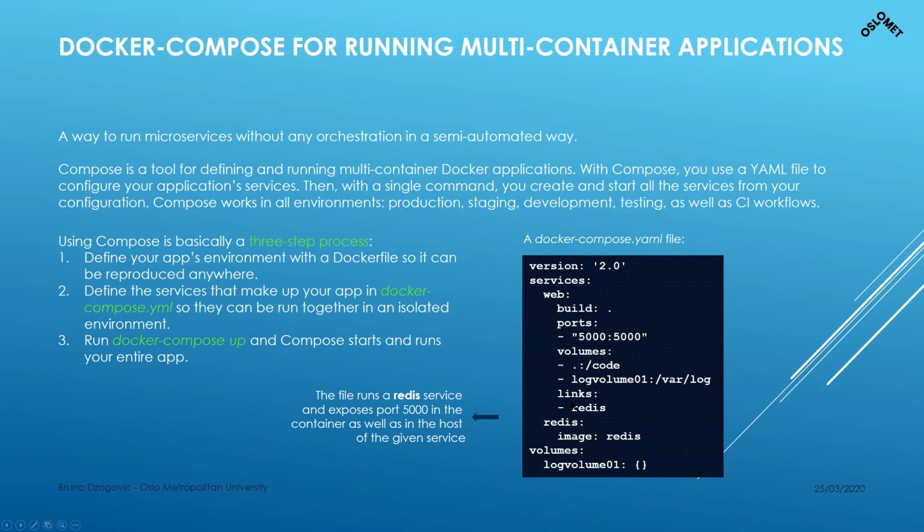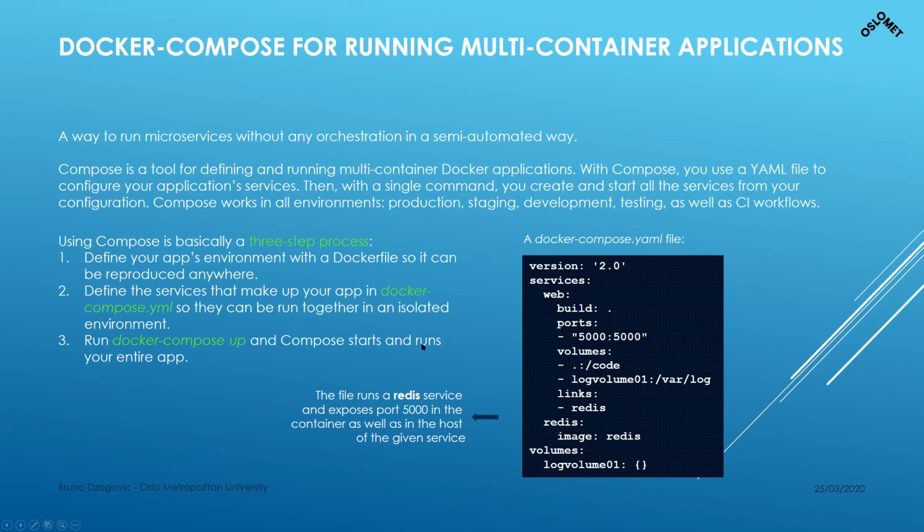Links means that you're using Redis, and where is Redis going to come from? It's going to come from the image Redis. So if you use this, it means that you're not assigning a repository. If I assign a repository, let's say my name slash whatever name I gave this image, it will pull the image from my repository. Otherwise, in this case, it will pull the image from the official Docker repository. And then it will assign volumes, the same ones that we defined before, to tell that you're going to use this volume.